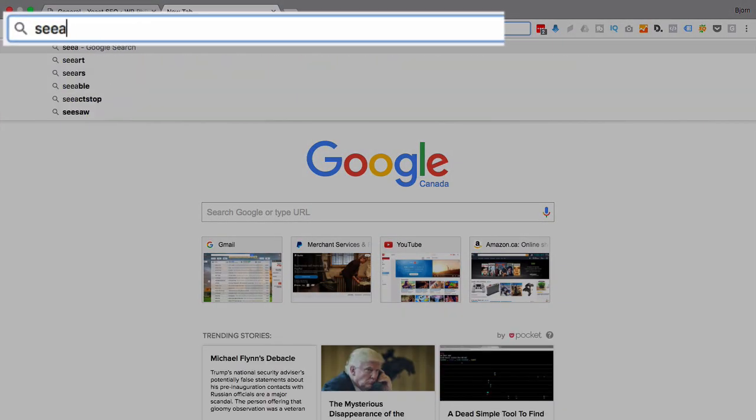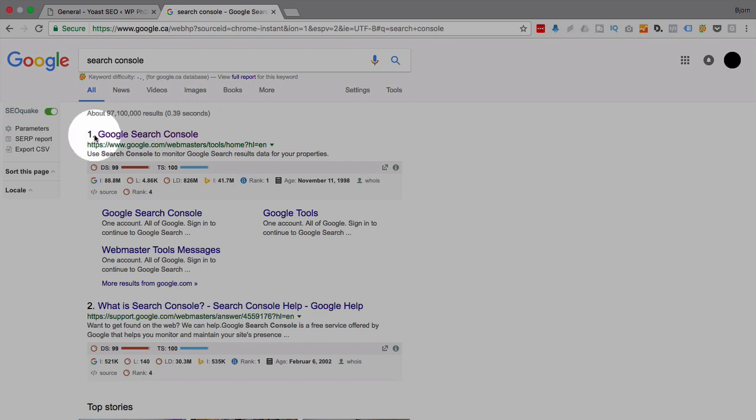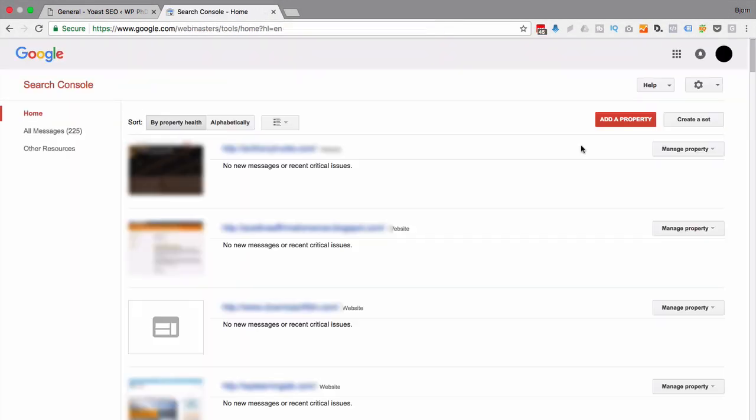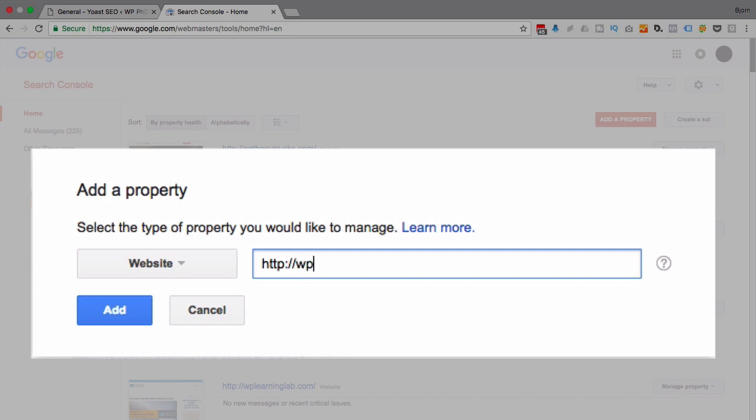And how we do this is we Google Search Console. It should be somewhere near the top, or you can search Google Search Console. And this is the one we want right here. Click on that to open it. And you're going to have a list of websites or no websites, depending how many you have. If you don't have any, click on this red Add Property button. Type in the address. So I'm going to type in